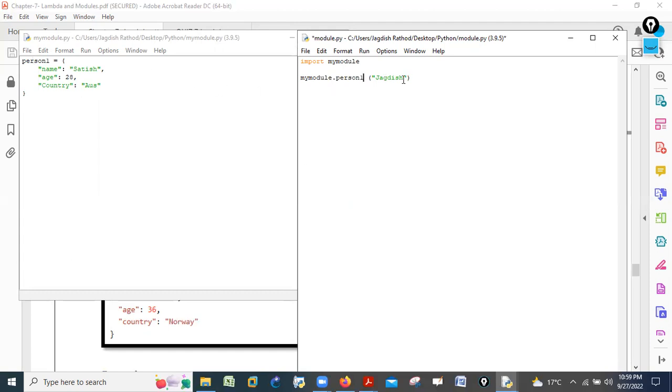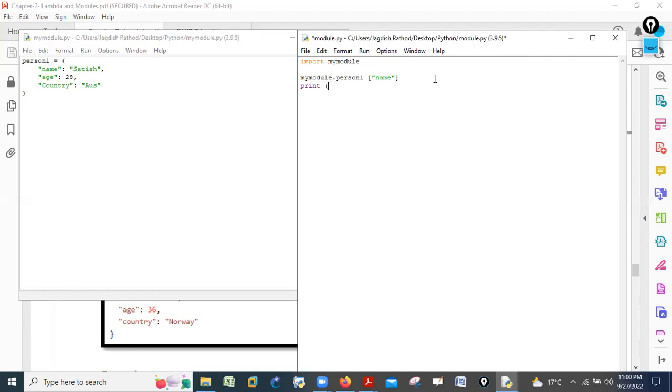Now if I say, can you please print the name, and Control S. We are not using a function here. Whenever you are not using a function, you can use either a dictionary or a list or whatever. Then I will say print. What do you want to print?